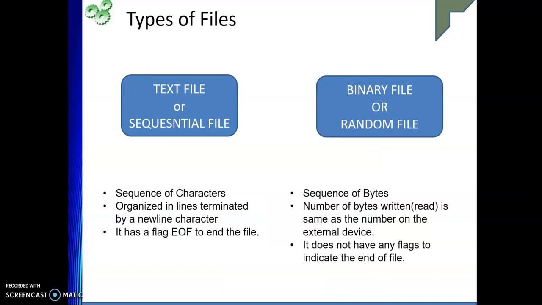There are two types of files. Usually a text file, or we call it a sequential file. Spelling is a little bit mistaken, sorry for that. And then we have the binary file, or random file. All right. So what is a sequential file? A sequential file is